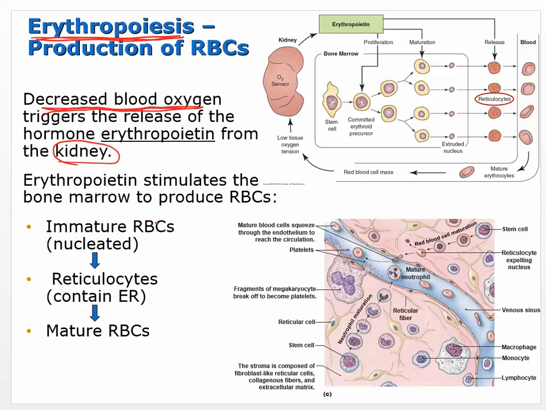is in that blood. And when the oxygen levels get low, then one of the things that it can do is it can release a hormone called erythropoietin, and erythropoietin will then stimulate the bone marrow to produce more red blood cells. So erythropoietin stimulates the bone marrow to produce more red blood cells, and then it goes through a number of steps. We're going to talk about a few of them because we need to kind of make a point here, and that is that